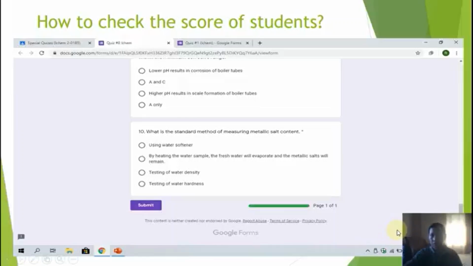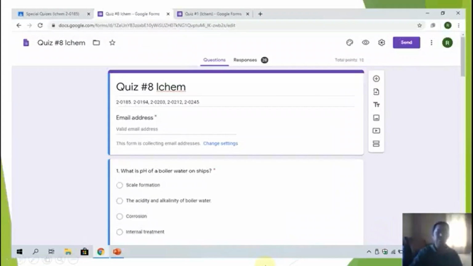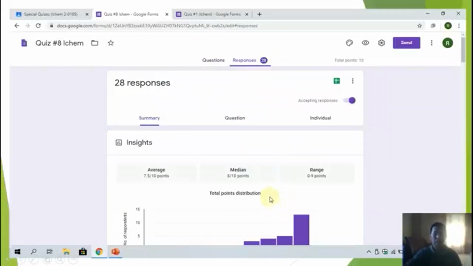You just click this pen and this will come out. Then you click responses. I have here 28 responses, so 28 students submitted to me. When I click responses, this one will come out.